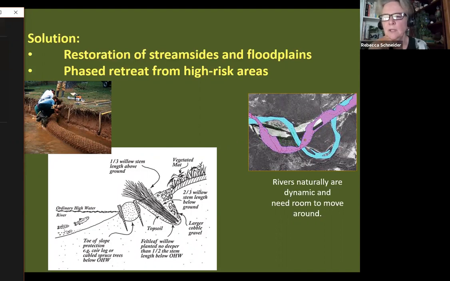Phase retreat, move away. The sewage treatment plants have to be altered in how they're managed or moved to higher ground, because it's costing millions of dollars. Why waste the money? But also it's putting people at risk, so we should move communities that are in high risk areas up and away from the flooding. And then restoring stream sides where there's no vegetation in those first and second order streams, and therefore they can't capture floodwater for us. So doing stream restoration can also be done. A whole suite of strategies are available, and a lot of attention is being paid to deal with increased flooding.